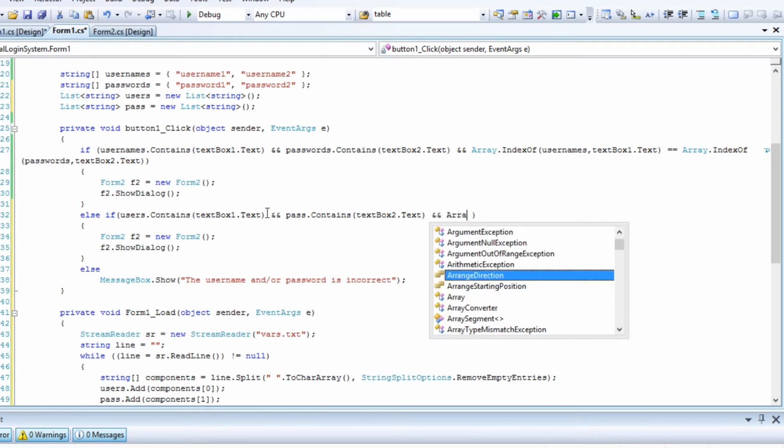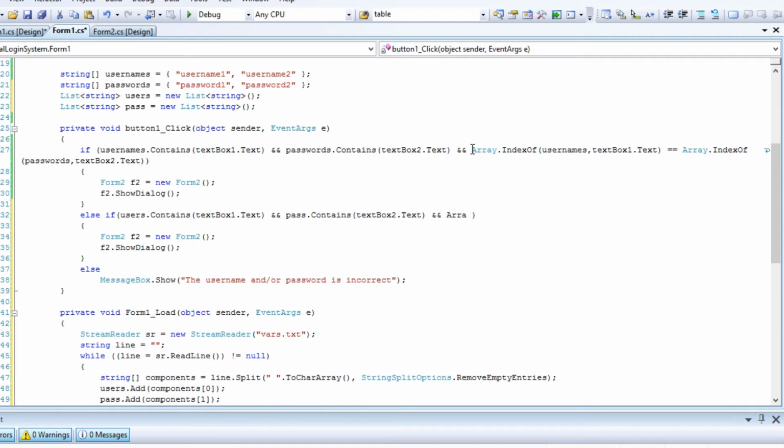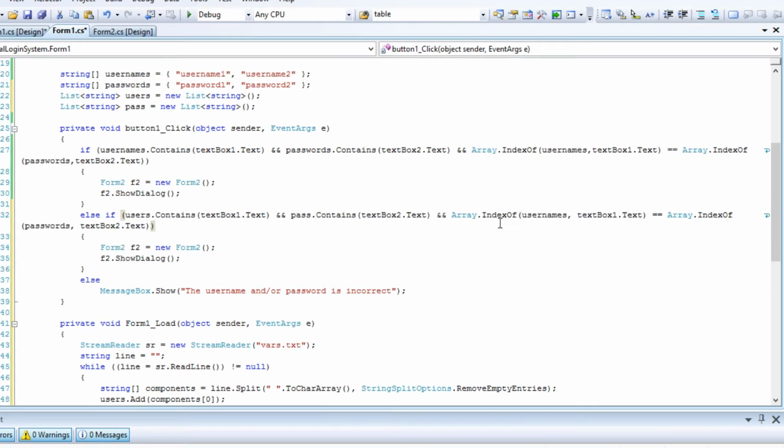and let's copy and paste the condition above and modify it. Change the names of the arrays.